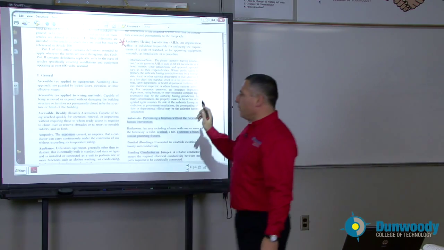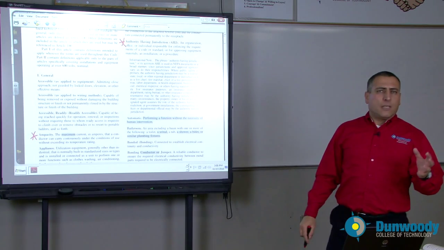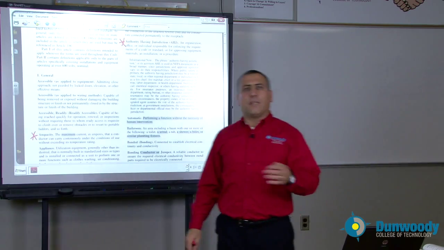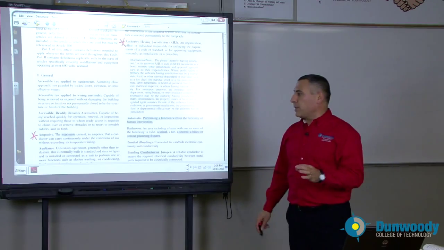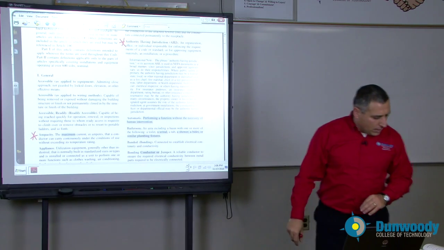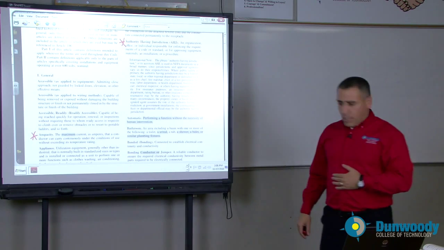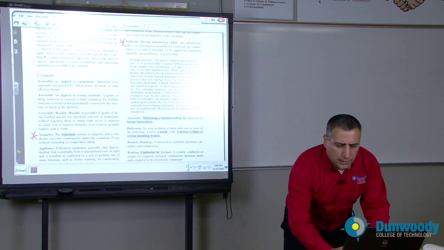Another term I'm going to slide to is the ampacity. When I say a number 14 conductor cannot carry more than 15 amps, that's the amount of amps that the conductor can carry under certain conditions, normal conditions. When I say this conductor can carry only 23 amps, this means I cannot exceed that 23 amps. Very important, the ampacity, how much current you can push through a copper or aluminum conductor. Extremely important.